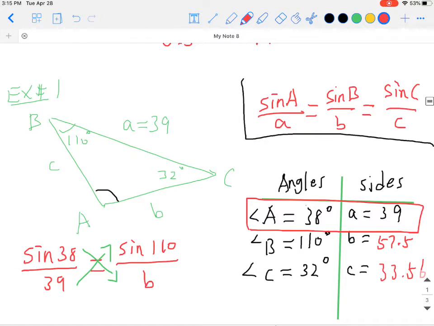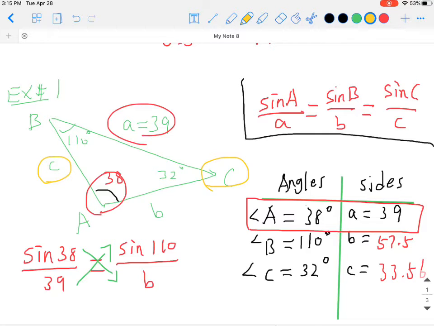So the key for using the law of sines is, as long as you have a combo, such as the combo here of angle A with side a, I can use that to find the combo of angle C and side c, and I can still use the A combo to find b. So it's always the combination